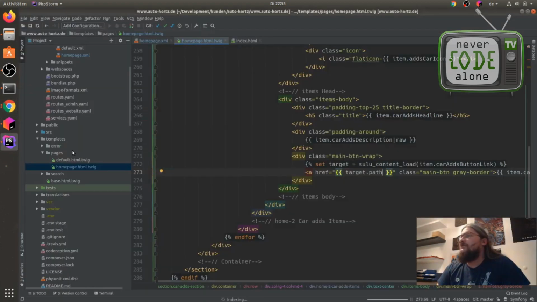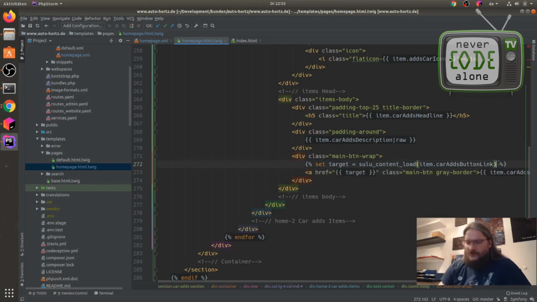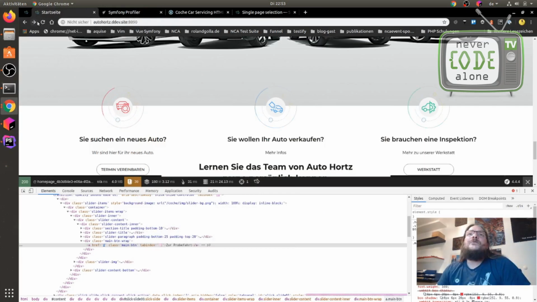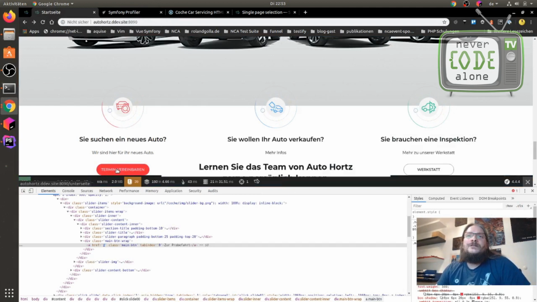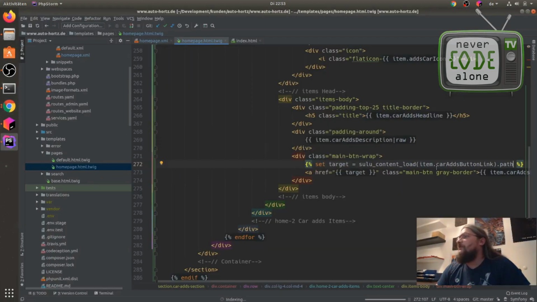So let me just clean up our target for link. Maybe we can just do this behind this here. Hopefully this works. Little improvement would be cool. This works, so we can add a new live template here. Target for single page selection.